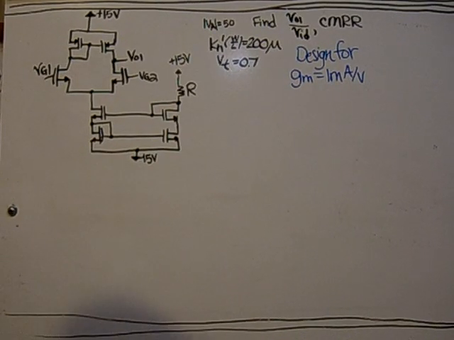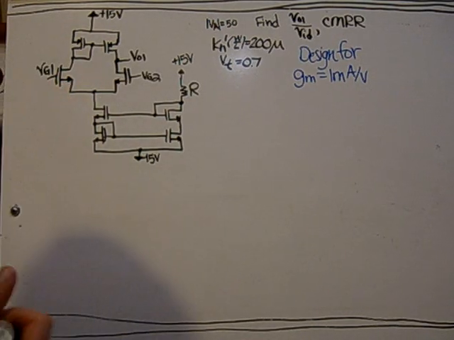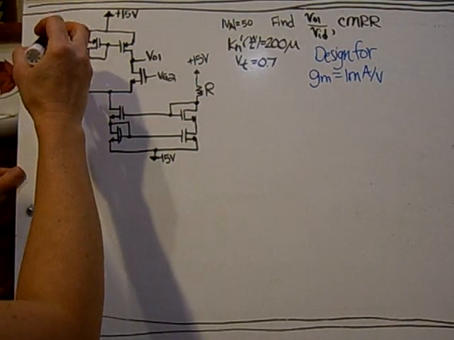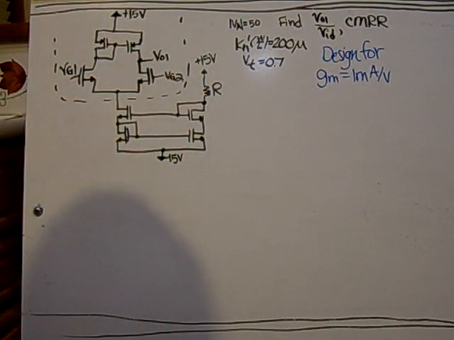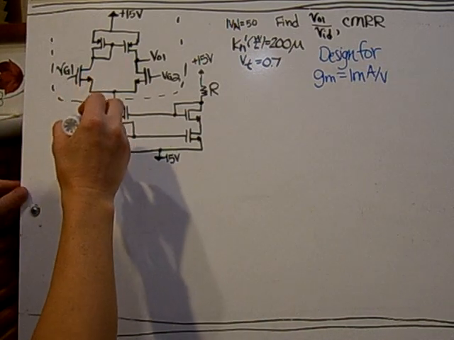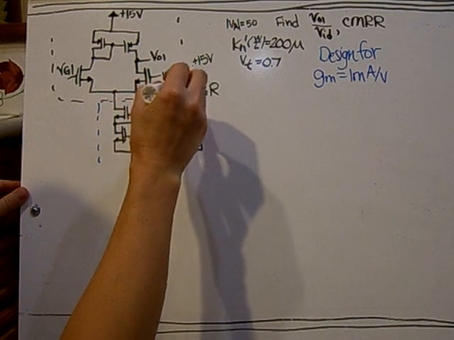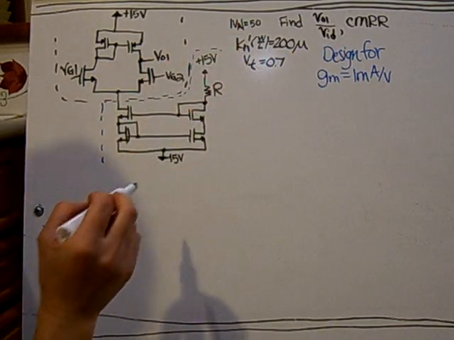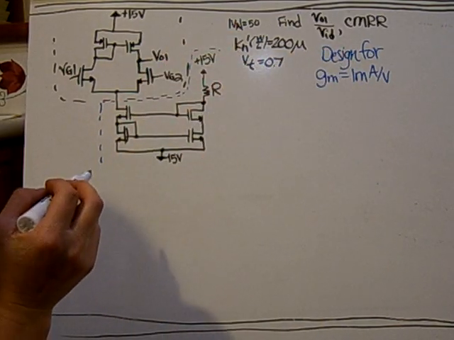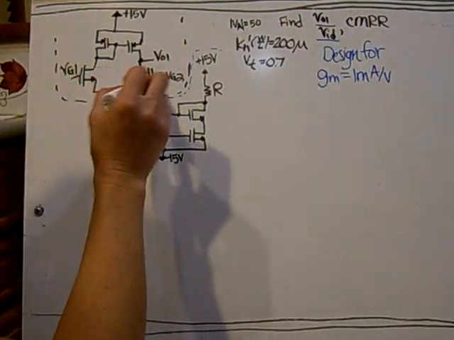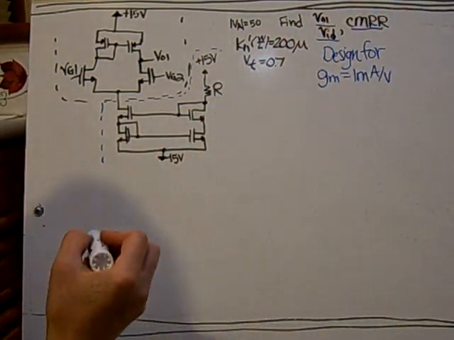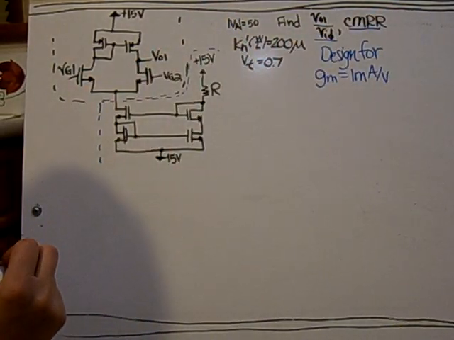This is a problem with a differential MOSFET amplifier that is being driven by a current source. So here's the differential part, and the bottom is the current source. We're given that we want to design for a GM of 1 milliamp per volt. Find VO1, which is the output, over the differential input, and the CMRR for this, also given the parameters for